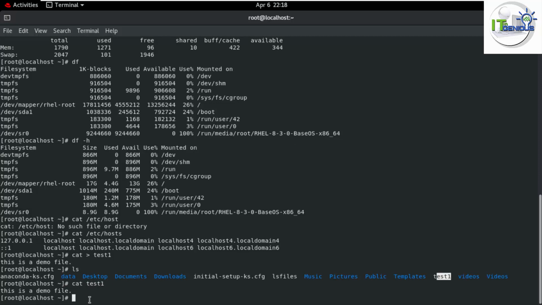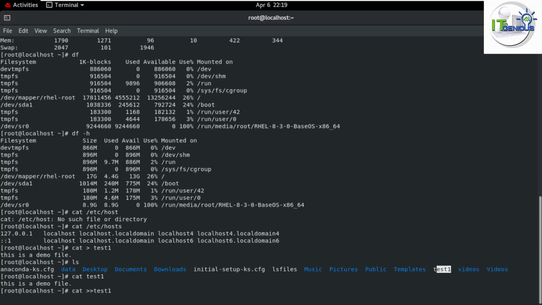You will get your data into the output. Now if I need to append my data, what I will do is run this command once again, like cat space greater than test. It will overwrite my content. If there is some existing content inside my file and I use a single greater than, it will overwrite my file. If I need to append my content, I will use a double greater than, then it will append my content to the existing file.